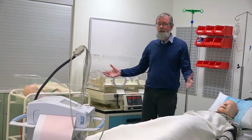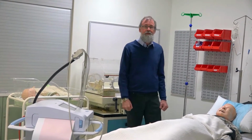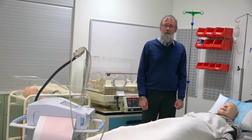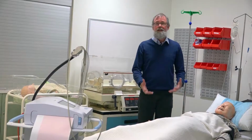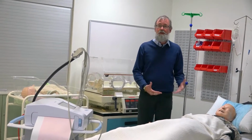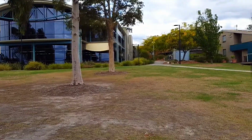And as you can see here, there's a bit of high tech. This gives the students an opportunity to interact with a sophisticated simulation model to get more complex understanding of clinical skills and physiology. In Year 8, we've tried doing lots of small group teaching where the students come together in